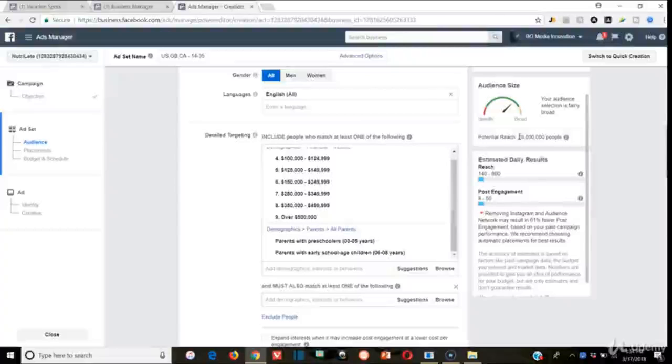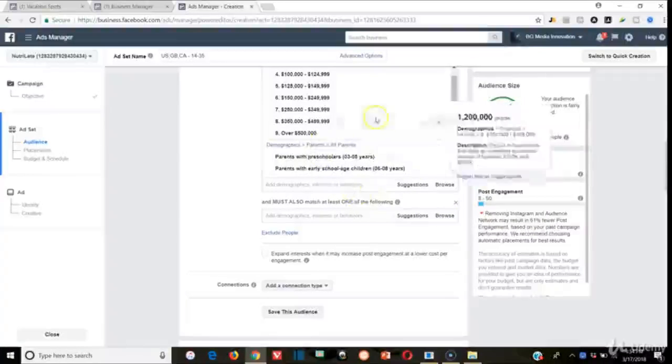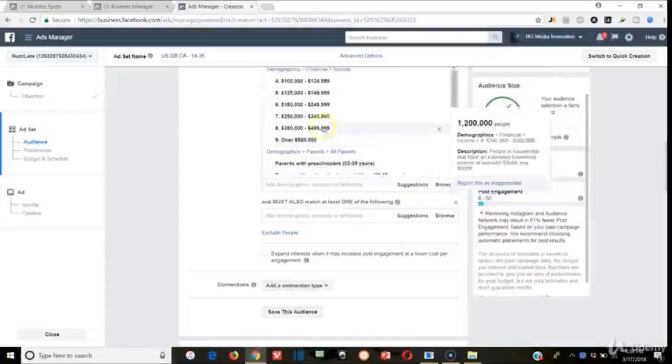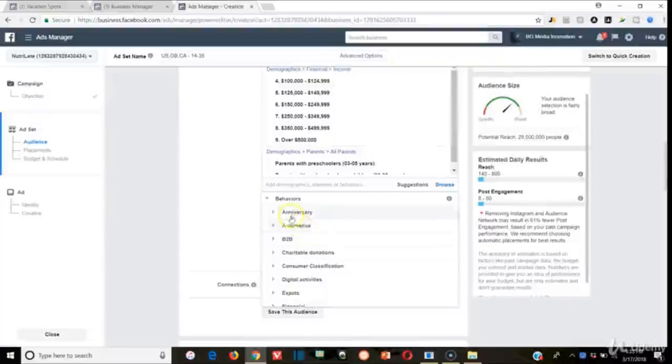Anything lower than 1 million is great, especially when you're only doing $1 a day. So that's something to keep in mind. Now, a way that you can really hone down your demographic, especially by continually adding some demographics here and some interests here. And like I said, if I wanted to add interests or behaviors, maybe they have a history of buying,